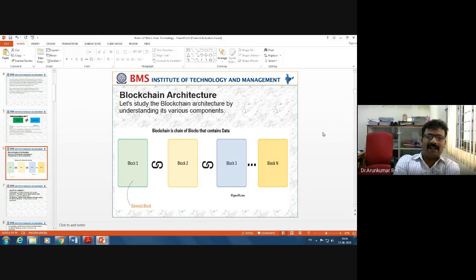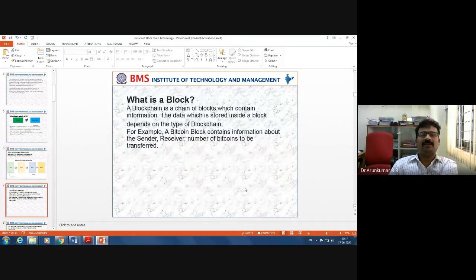The first block is block 1, second block is block 2, block 3, and so on up to block n. The first block is called the Genesis block. What is a block then? A blockchain is a chain of blocks which contains information, as I have told you already. The data which is stored inside a block depends on the type of blockchain.